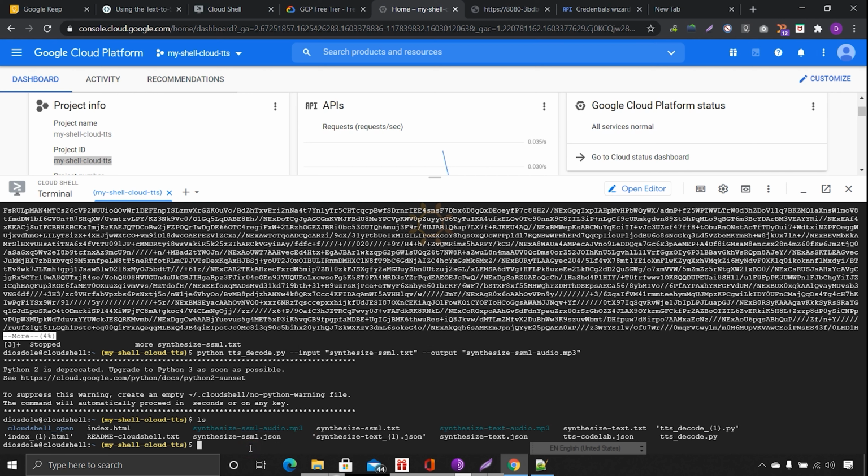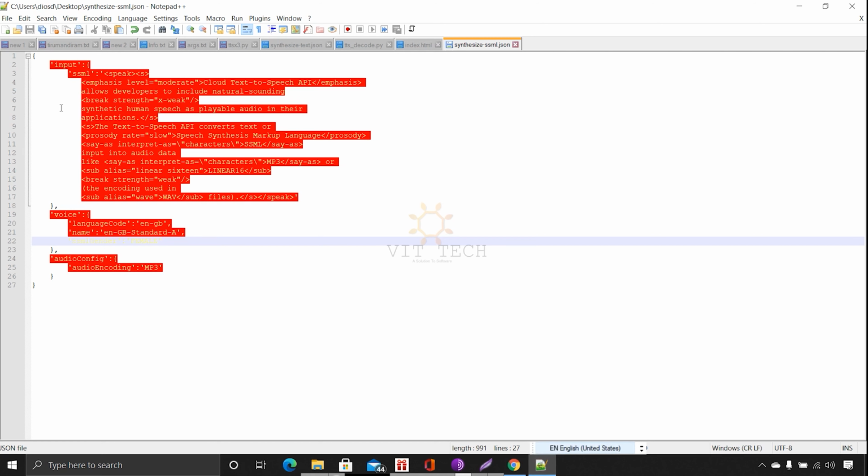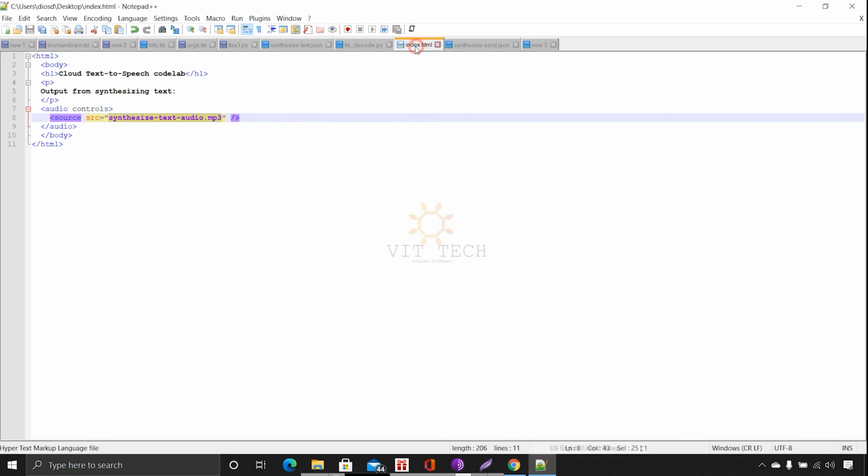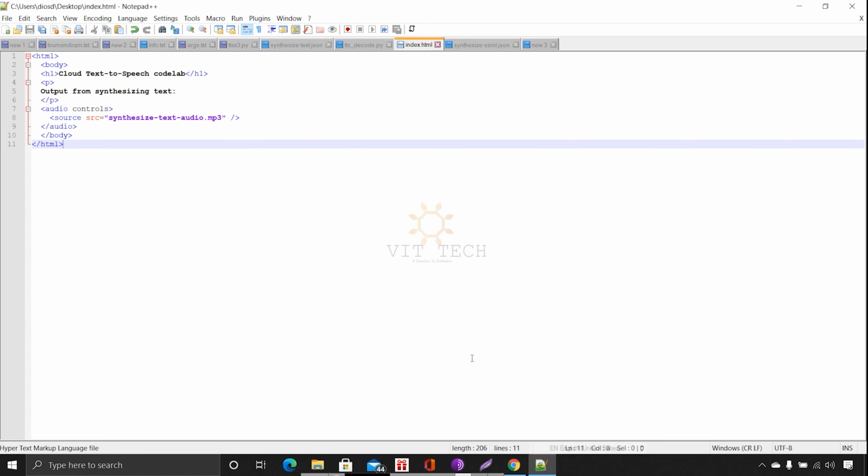Cloud Shell will not run this MP3 file in the cloud. So we have to create an index file, and then run it on port 8080 with the HTTP local simple server. In this one, we just have to change the HTML. So instead of that, create a new HTML again. Go to the notepad, create index HTML. Okay, in this one it is there. We will upload it and re-upload it.